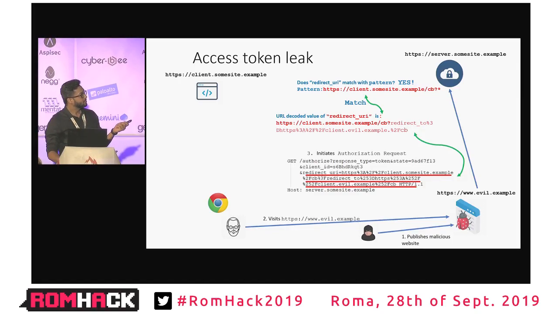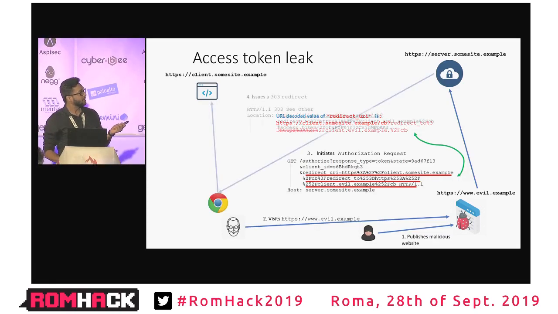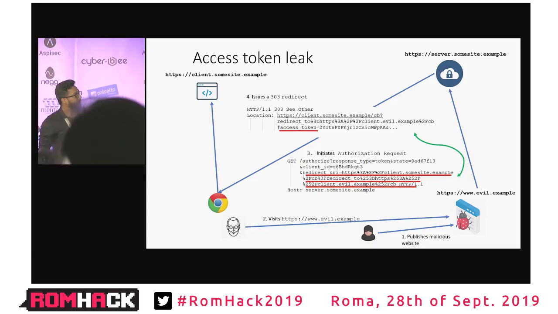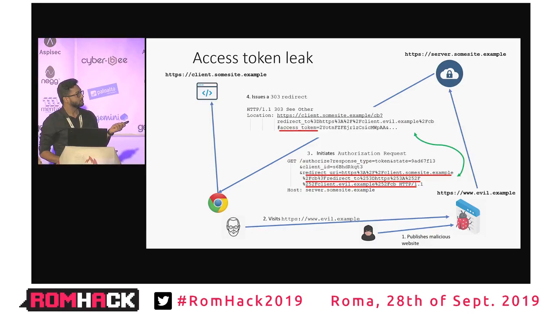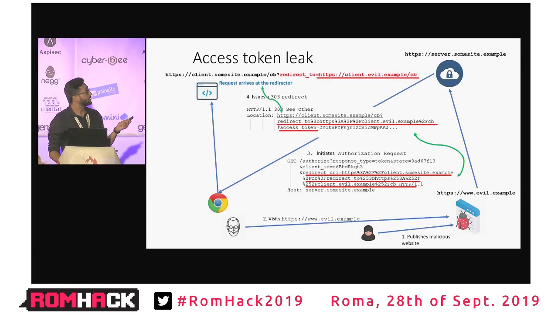And the pattern matches, so the auth server will approve of this and redirect the user back to the client with an access token, since this is an implicit grant. The access token is attached as a fragment and redirected to the client.example. And when the request arrives at client.example,